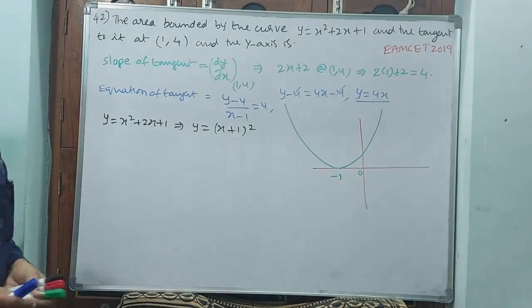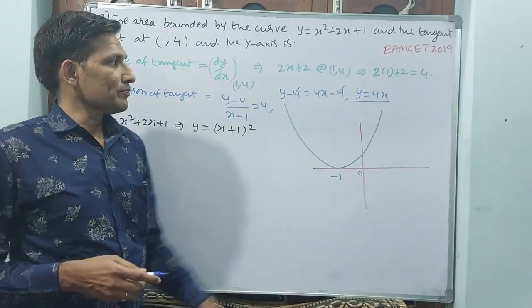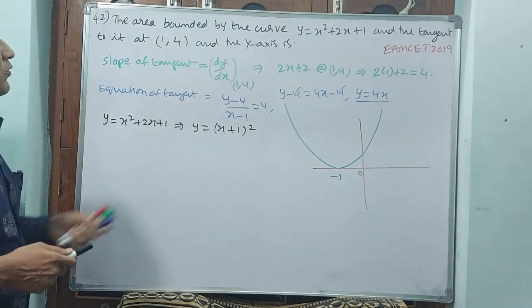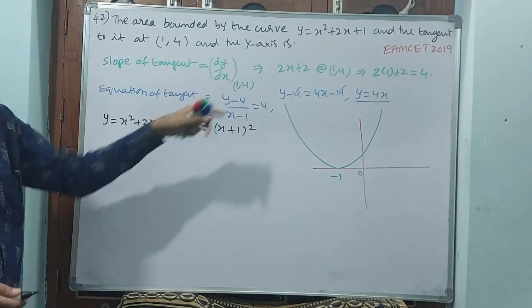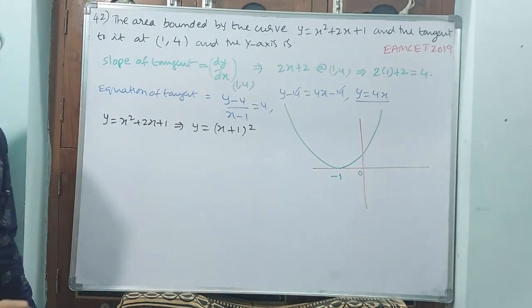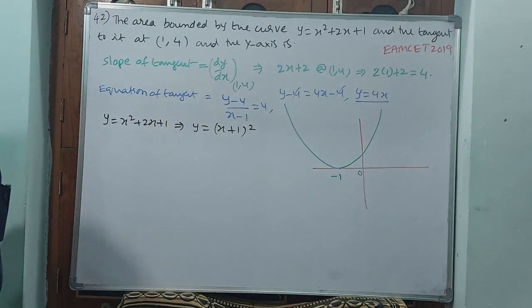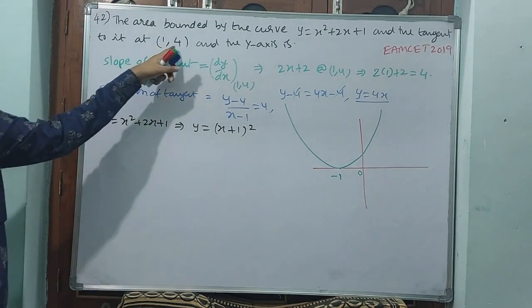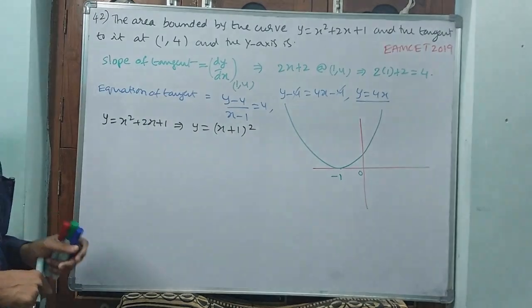But what about y is equal to 4x? Now you tell me, y is equal to 4x and y is equal to this one. How are you going to match it? Because somewhere it has to touch. They have given a tangent at (1, 4). Tangent at (1, 4). That means,